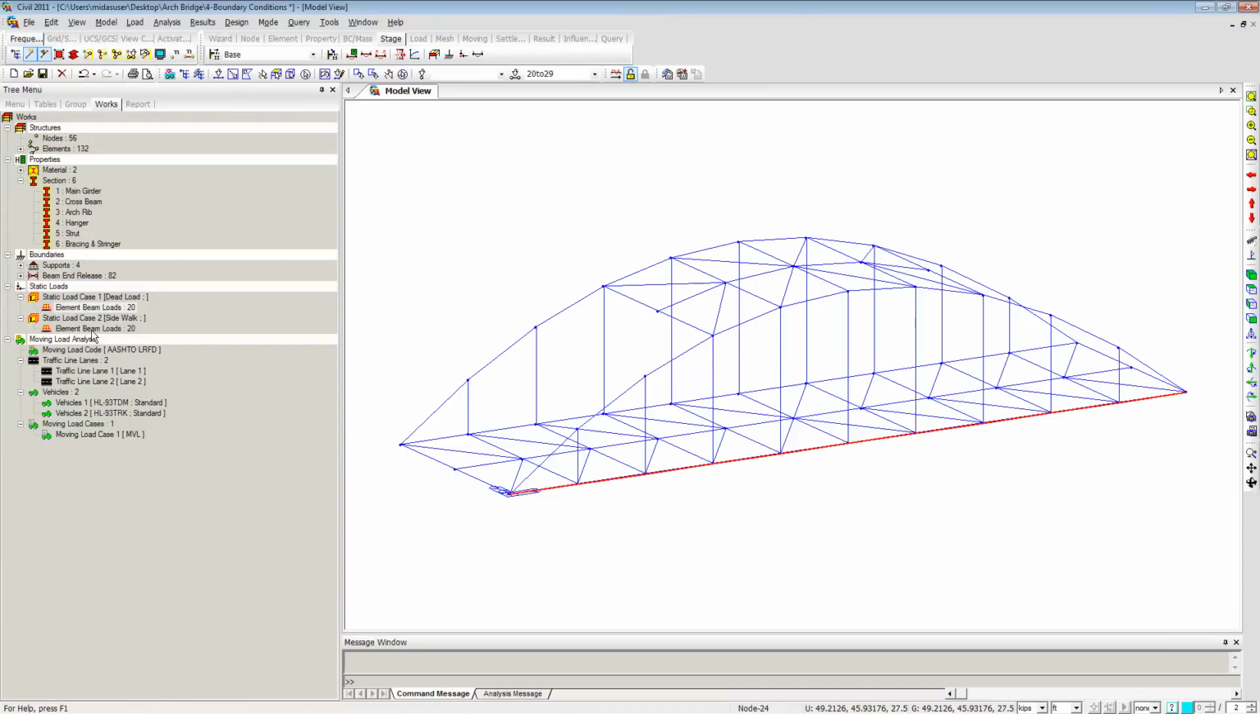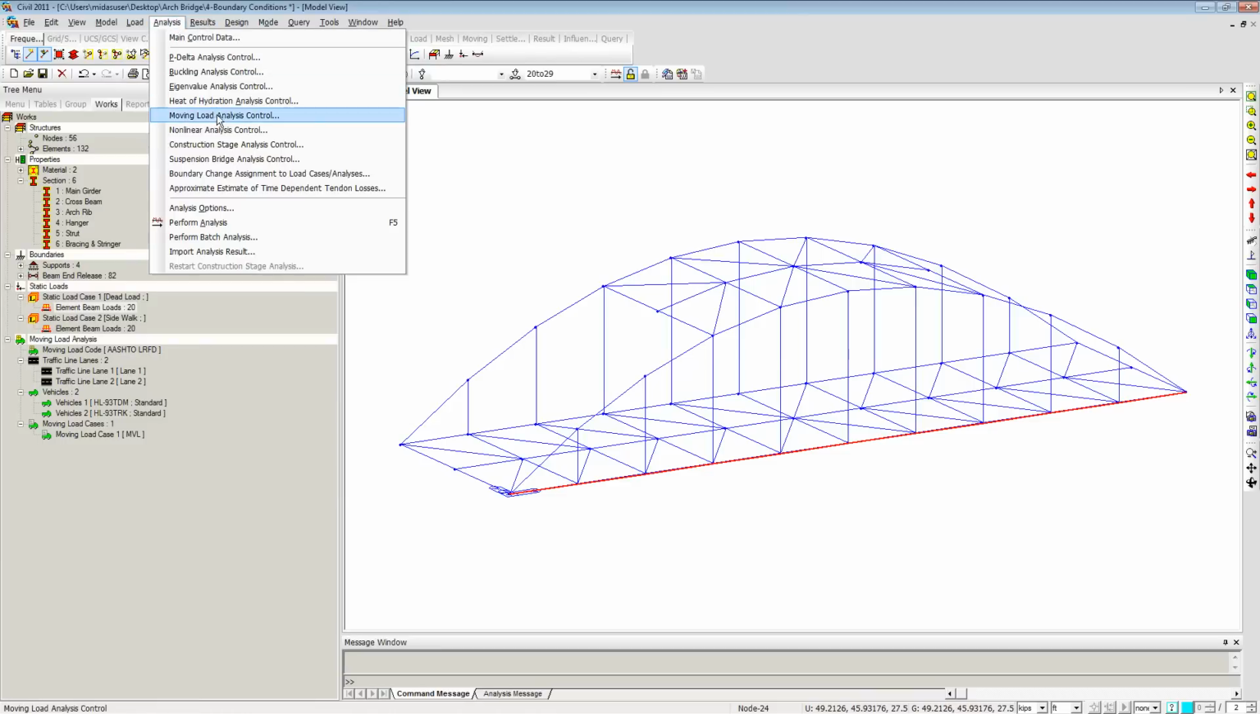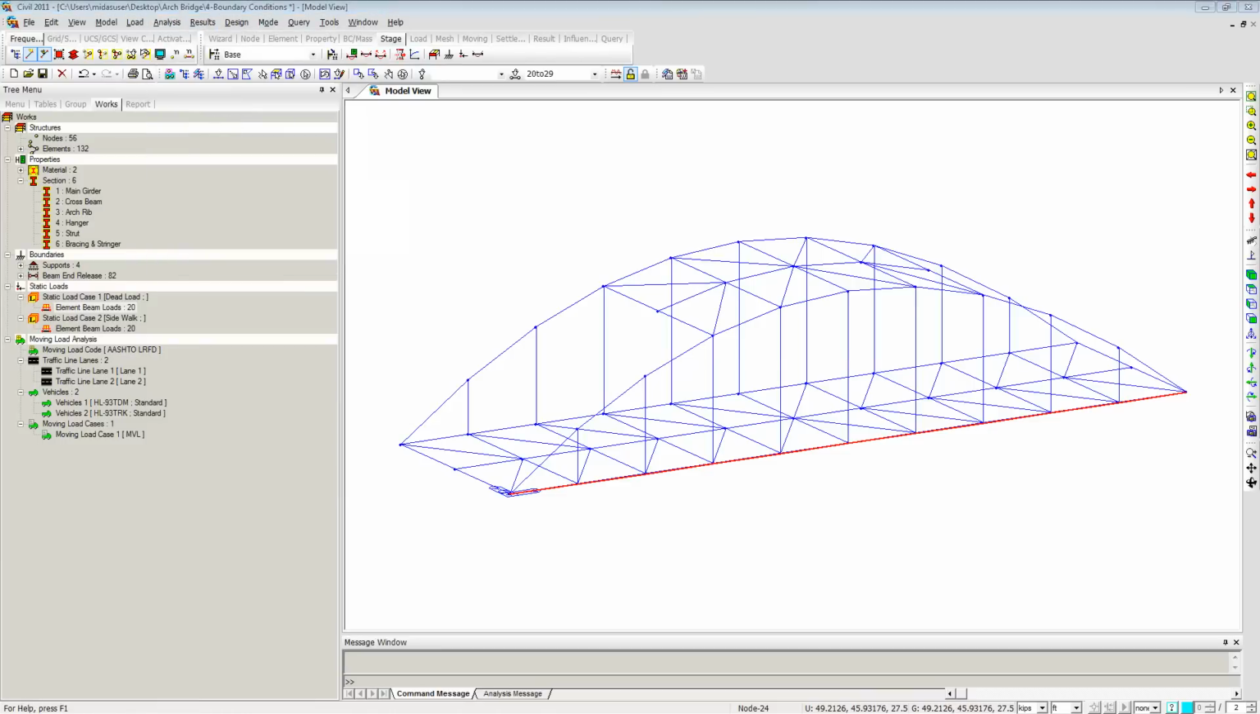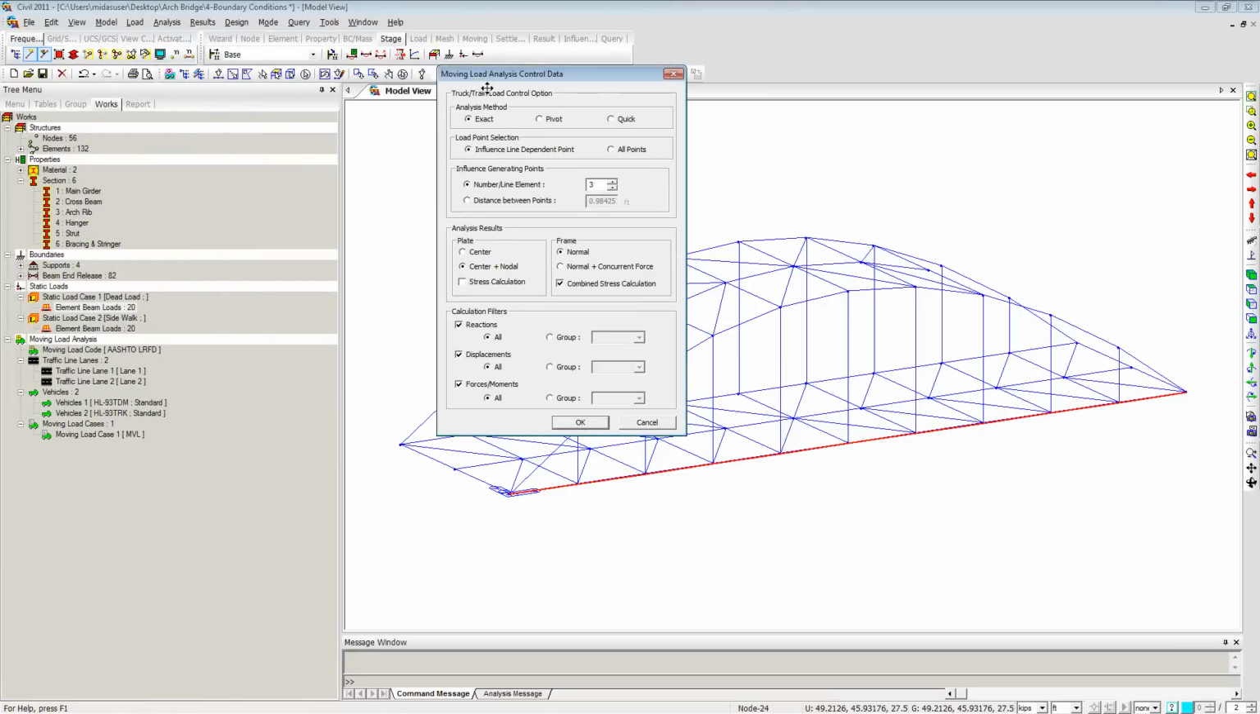The very last thing we have to do before we run the analysis is to define the analysis control. So we're going to analysis, moving load, analysis control. But we have something here, analysis method, influence line or all point. We're going with the influence line, and the number of elements we're increasing it to 5. Let me switch to all points here. Alright. And on the frame, we're going with the normal and concurrent forces. And press